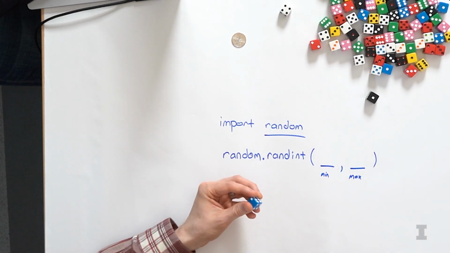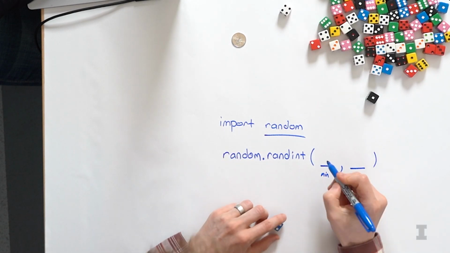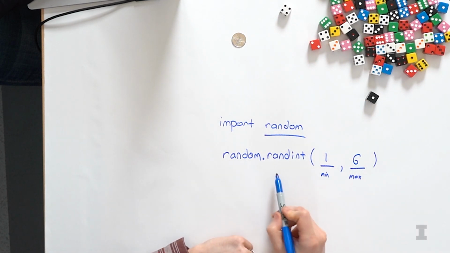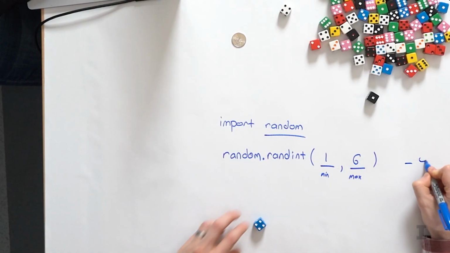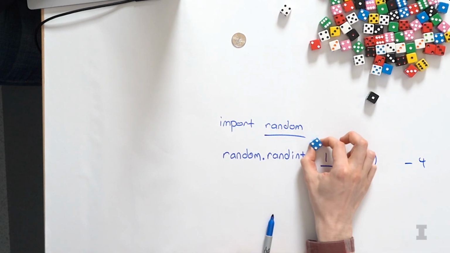So if we want to generate a random dice roll in the range 1, 2, 3, 4, 5, 6, then our minimum value is 1, the maximum value is 6. So random.randint(1, 6) will generate a random number 1, 2, 3, 4, 5, or 6. If you run this line of code for the first time, what do you get, Carly? I got 4 when I ran it for the first time. So effectively Carly simulated rolling a die, and she got the value of 4.